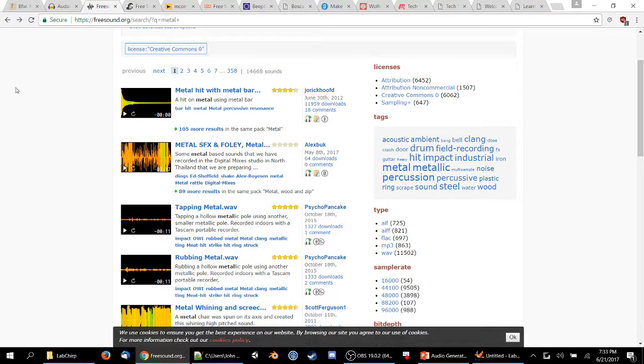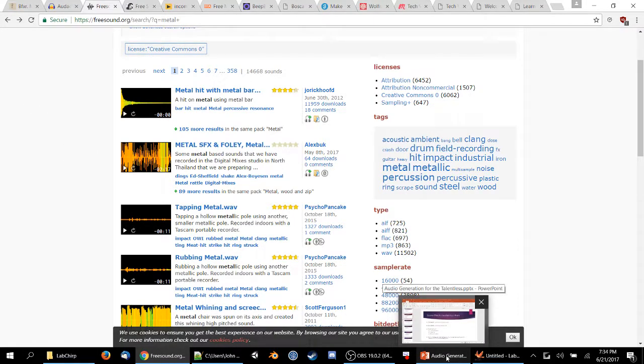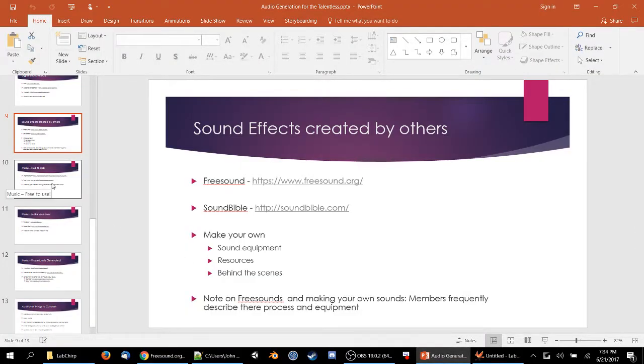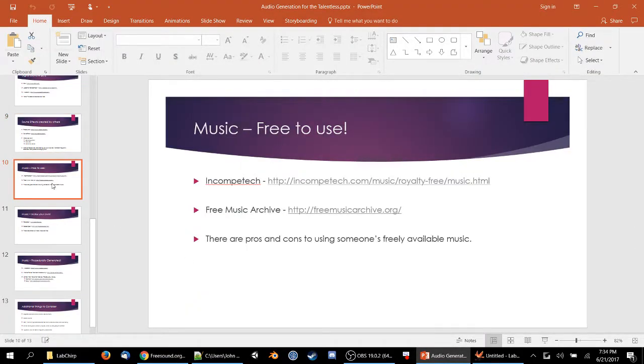That way, if you wanted to try making your own sounds, you can see how other people did it, what they used, and where. Okay, so that's the thing to keep in mind with Freesound.